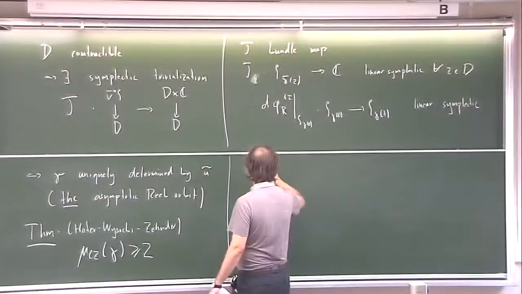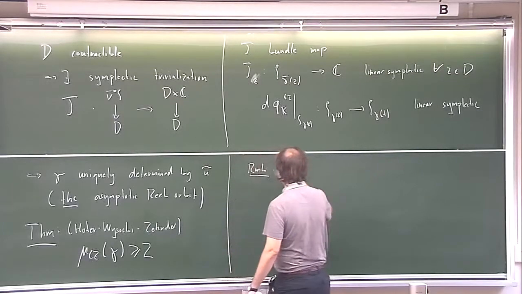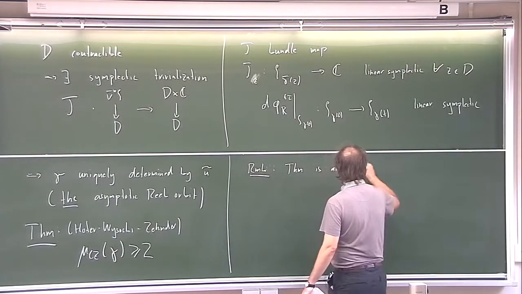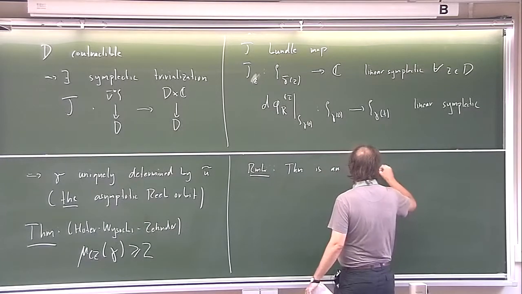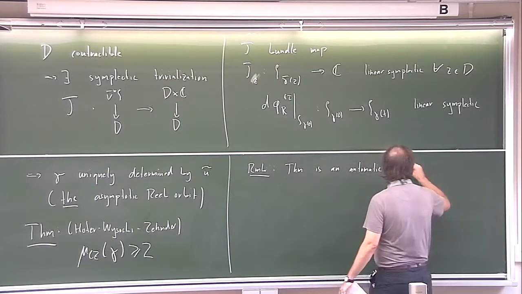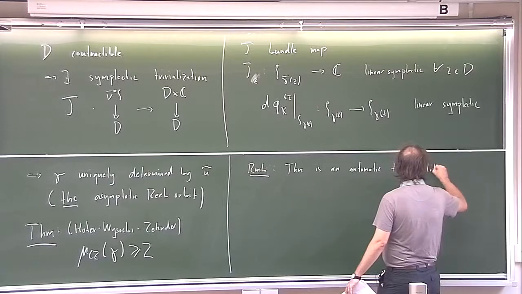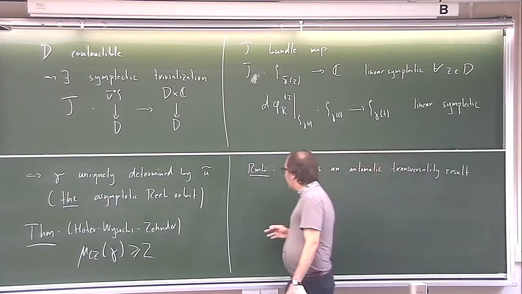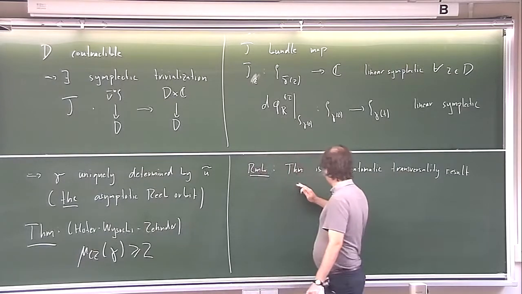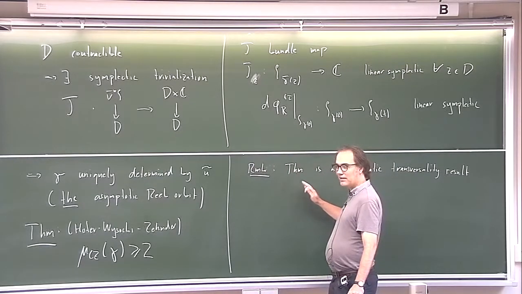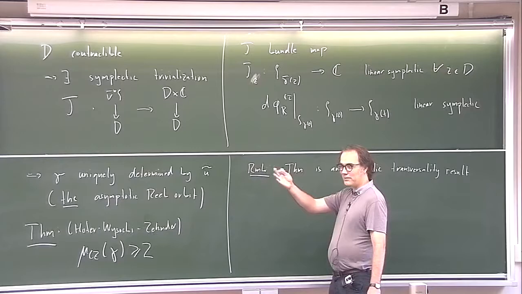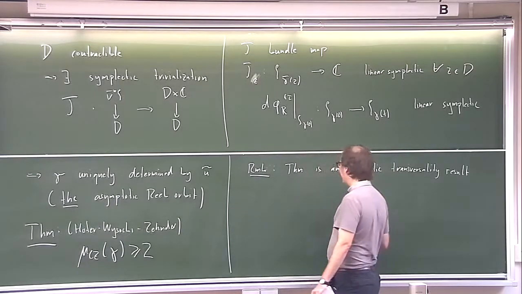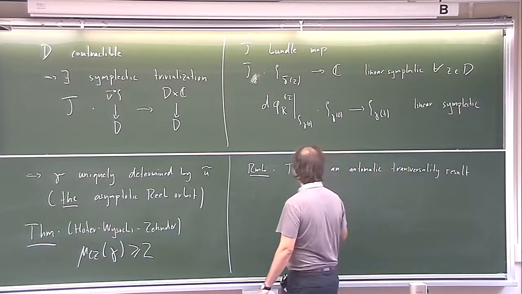Remark. So the theorem is an automatic transversality result. And what I tell you now, if you haven't heard this, then maybe Professor Ono or Suguru can explain to you what this means. So